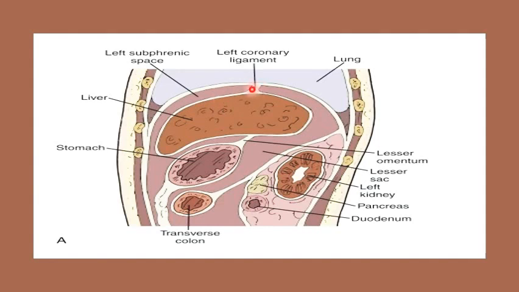Above, the ligament you are looking at is the left triangular ligament, and onto the right side, not depicted here, it is the falciform ligament. On the left side it is open, and below, as you can see here, once again it is an open space. This whole thing is the left subphrenic space, the anterior intraperitoneal space.